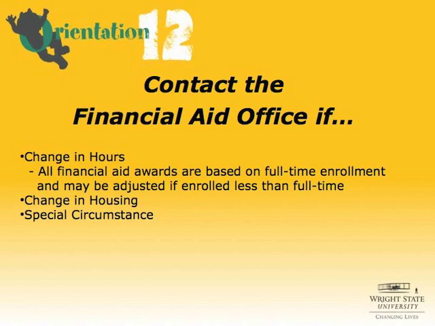Examples of such special circumstances include healthcare expenses that were paid during the 2012 calendar year that were not covered by a third party, loss of all or part of sources of 2011 taxable or untaxable income, and elementary or secondary school tuition expenses for a dependent child that were paid during the 2012 calendar year that were not covered by a third party. For more information regarding the FAFSA adjustment form and other circumstances that qualify for a FAFSA adjustment, visit the Office of Financial Aid website at